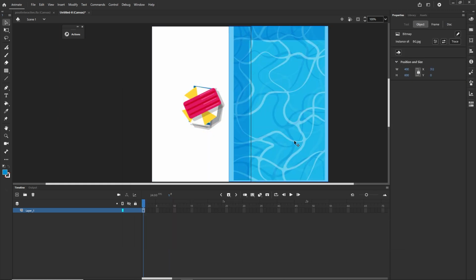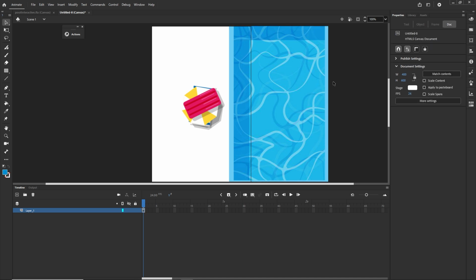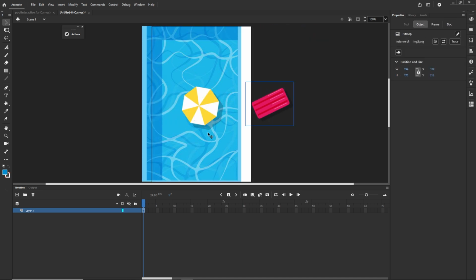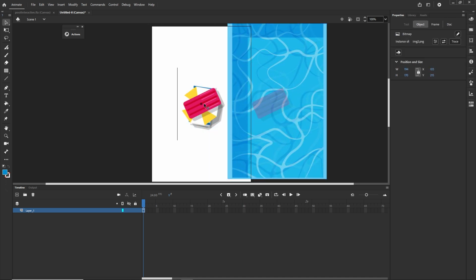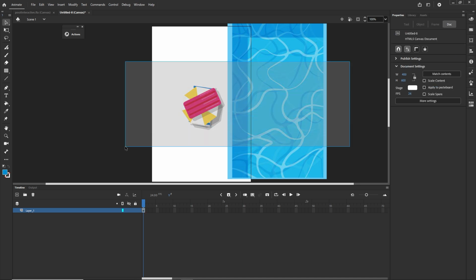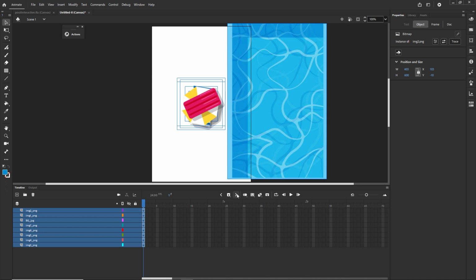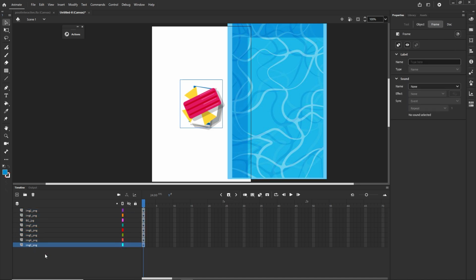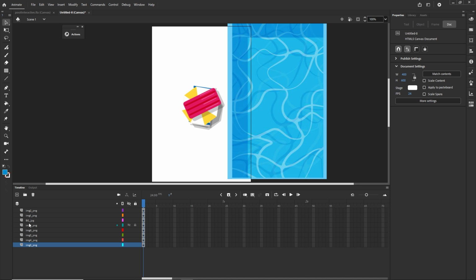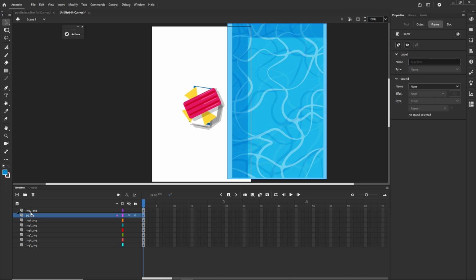Now I can move the background if I want, or anything, but what I'm going to do is I am going to select all of them like so, and I am going to right click, and I am going to choose distribute to layers. So right now we are going to have like I don't know how many, but maybe 8 layers. Maybe you are going to have the background on the top like so, but what I'm going to do is I am going to get the background layer, and I am going to put it to the bottom,